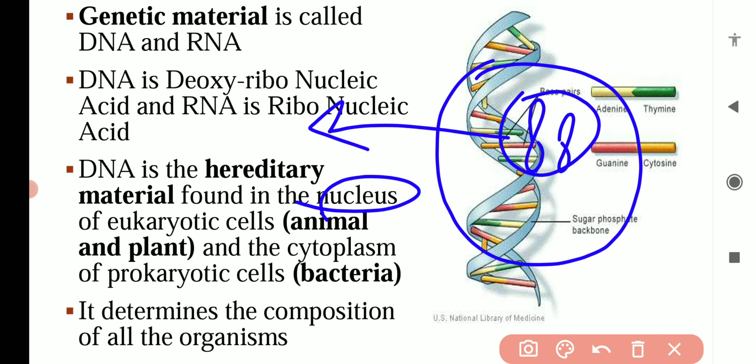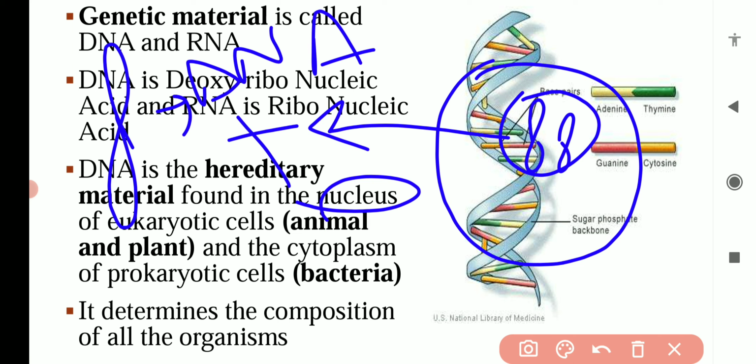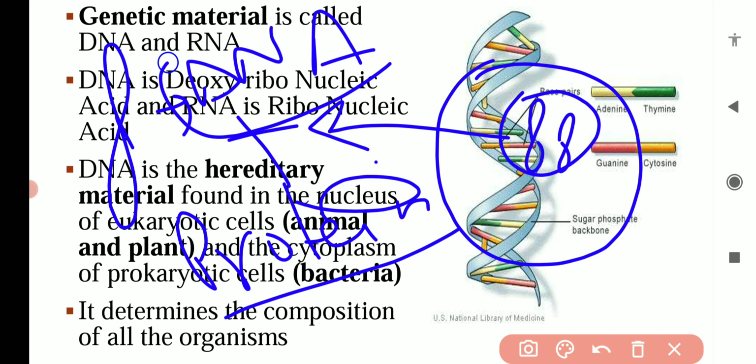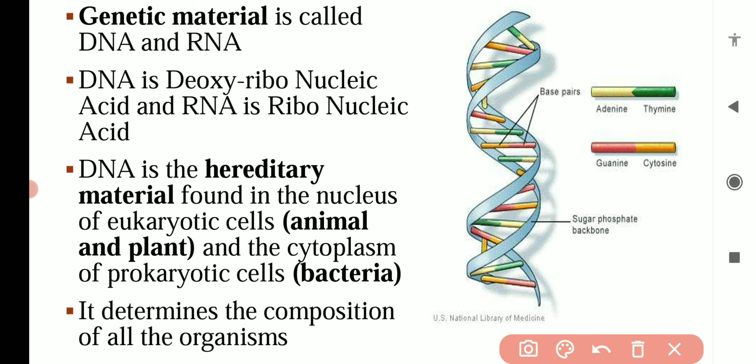We have already discussed in our previous videos that these chromosomes are made up of DNA plus proteins. The proteins are histone proteins basically. So it has two main components, DNA and protein. This DNA, this hereditary material or genetic material we can say, is present in the chromosomes, and chromosomes are present inside the nucleus in eukaryotic cells, because eukaryotic cells have a well defined nucleus.